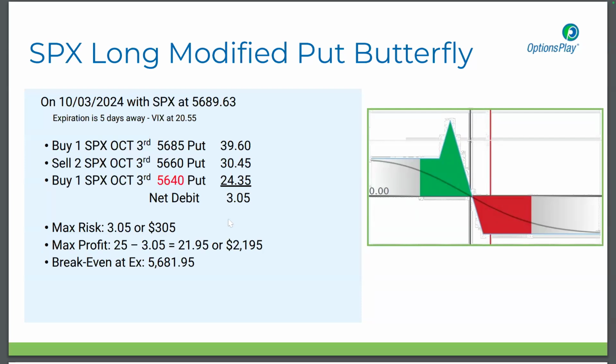So this is my favorite underlying to trade, the SPX, and that's what we're going to roll with. Okay, so I put this whole example together today. Let's hope I got all the math right. But I did this today, so we're using live quotes. Well, the VIX trade that I put on at the end of September is doing pretty well. The VIX is now at 20.55.